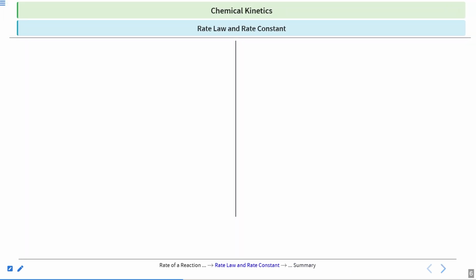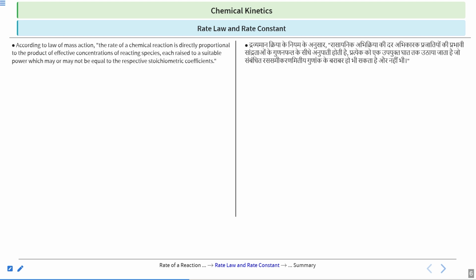Now we'll study the rate law and the rate constant. According to the law of mass action, we know that the rate of a chemical reaction is directly proportional to the product of effective concentrations of reacting species, each raised to a suitable power which may or may not be equal to the respective stoichiometric coefficients. What idea do we get from reading this? We have a reaction, and the rate of that reaction is